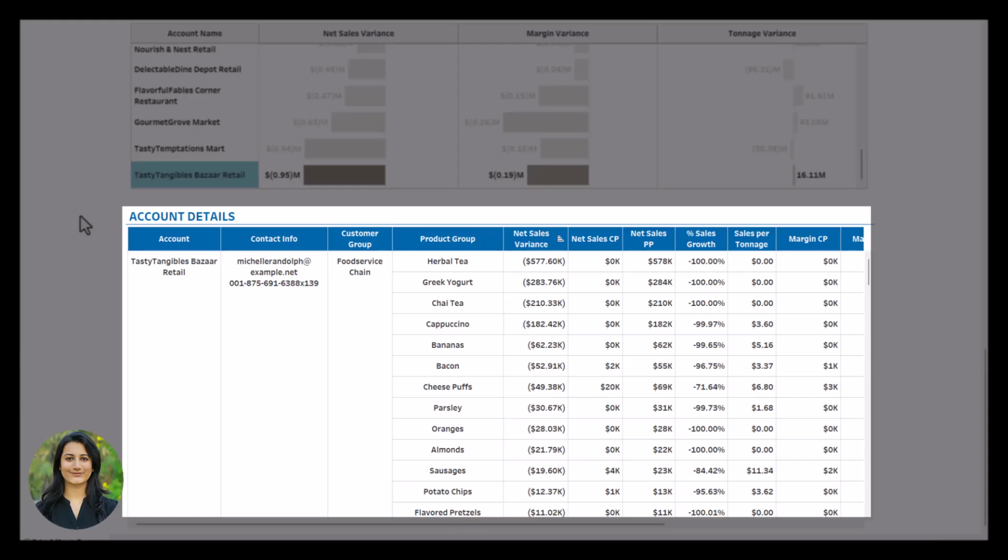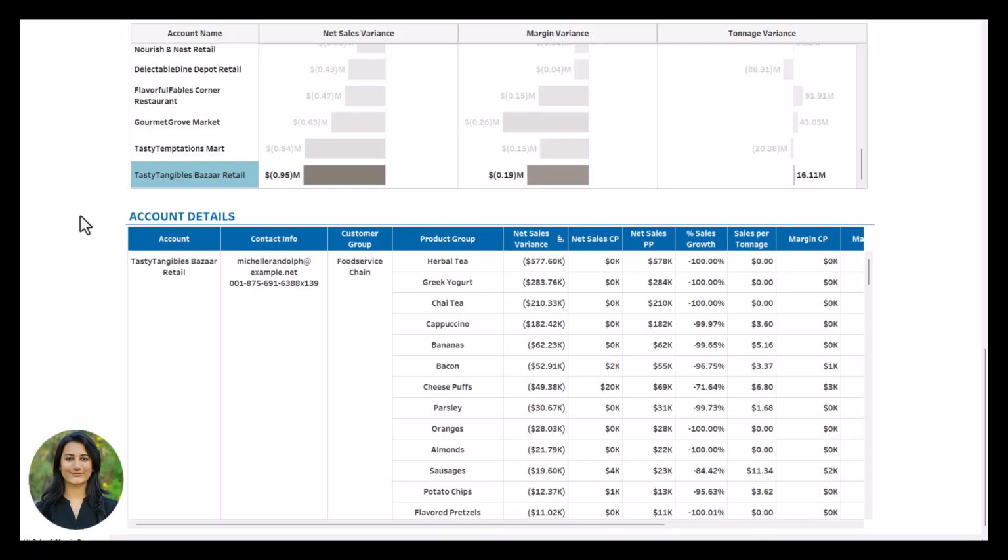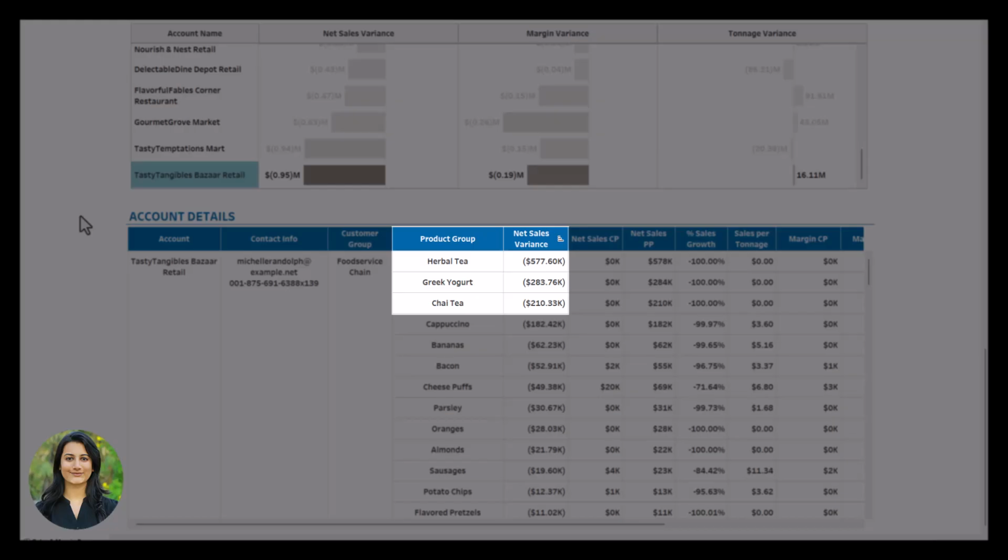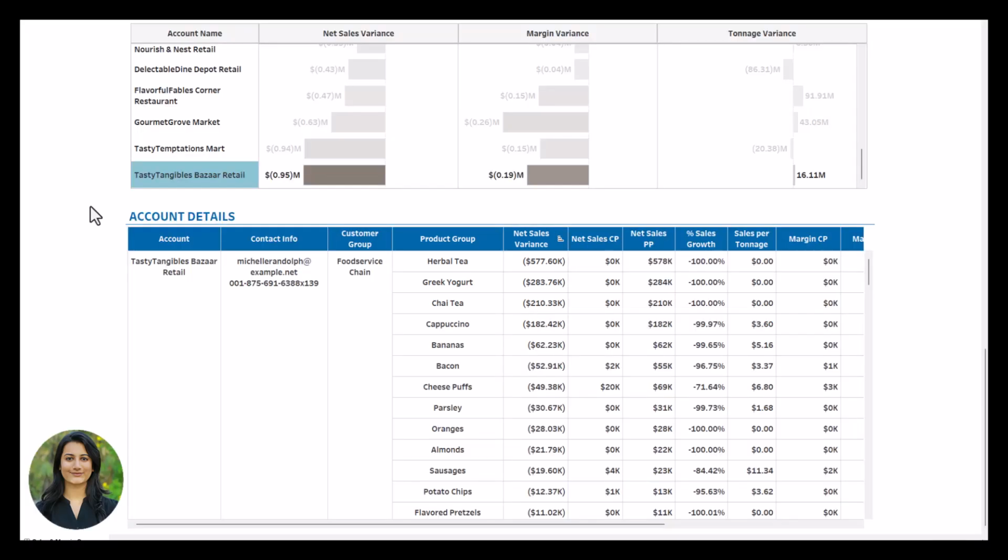We can easily access their contact information along with the breakdown of their sales, tonnage, and margin by product categories. We notice that this customer significantly reduced orders from herbal tea, Greek yogurt, and chai tea categories. With this insight, the sales teams can directly contact this customer to understand their changing needs and re-engage them with